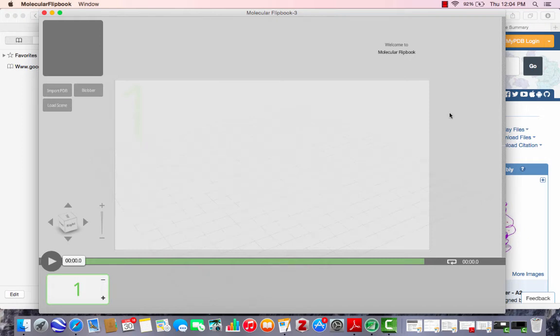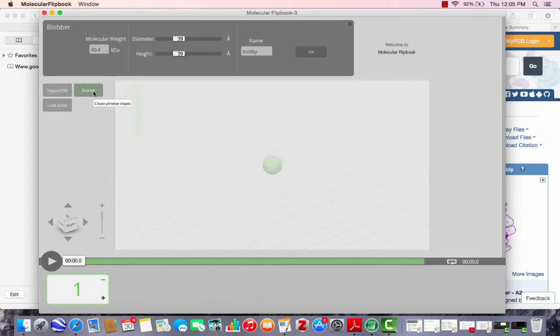My name is Erin, and today I will be doing this Camtasia tutorial of molecular flipbook. I'm going to show you how to import protein structures from the PDB and how to animate them in real time. First, you can create your own protein using a blobber tool here,